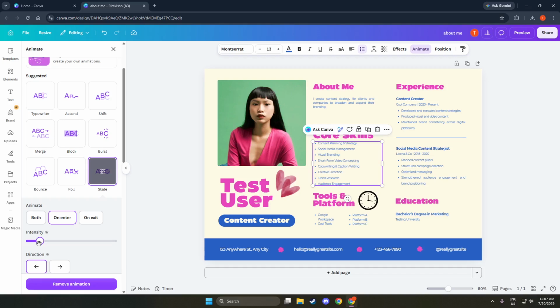Another option is match and move. This transition tries to track elements that appear on both pages, smoothly repositioning them between scenes. It looks especially good when text or graphics are in similar spots on consecutive pages. If items jump unexpectedly, it usually means their positions are very different between pages, so adjust your layout if you want a cleaner motion.